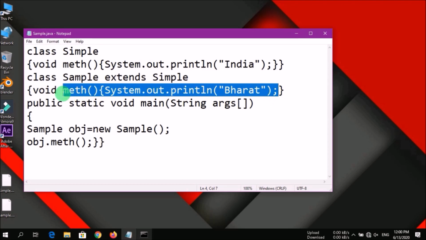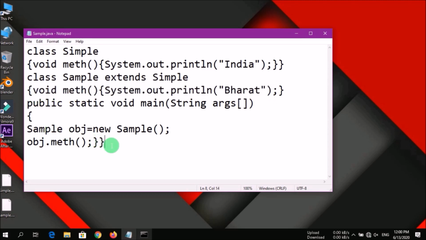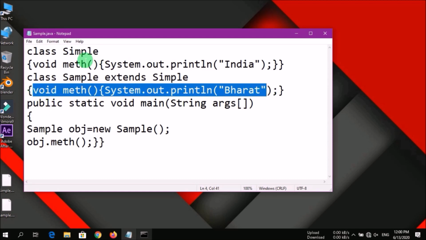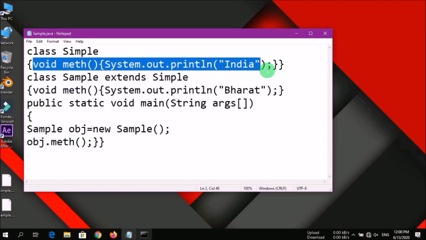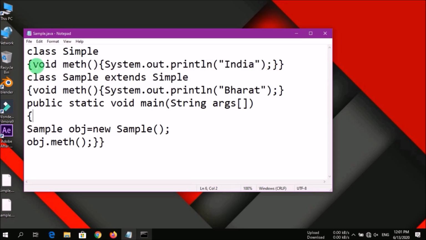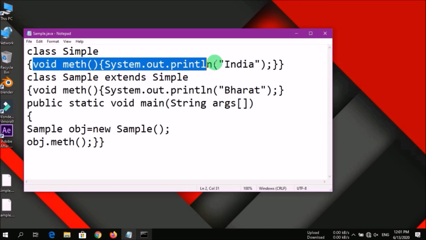So this line represents the latest update of the method. On the basis of method overriding, the object selected the second method, not the first method, because method overriding follows runtime execution.